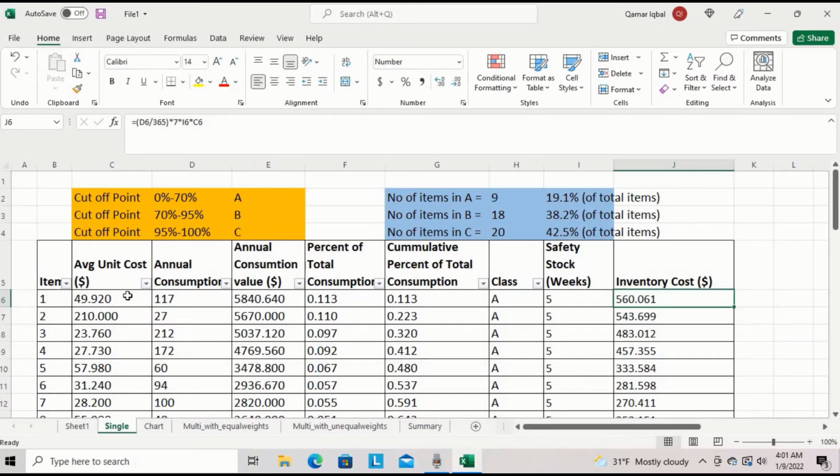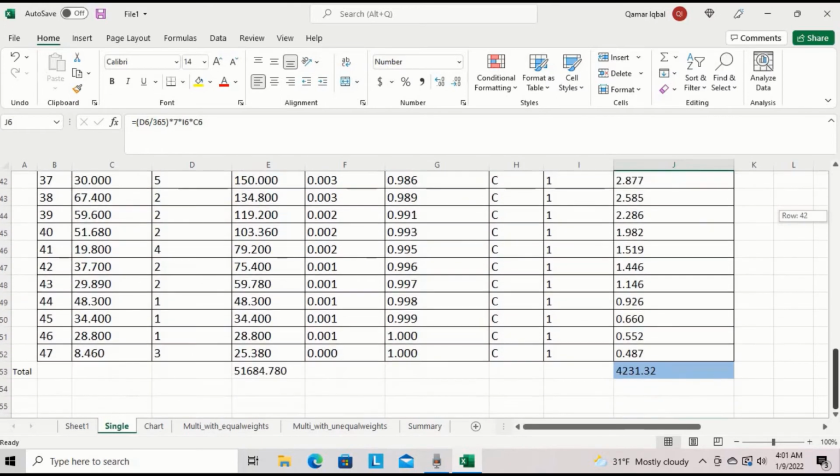So we have annual consumption. You convert it into daily consumption, then convert into weekly by multiplying by 7, and then multiply by the number of weeks of safety stock, and then multiply by the average unit cost. So that gives you the inventory cost on item 1. Same for item 2, item 3, and so on. So altogether, if we sum for all 47 items, the total safety stock cost will be